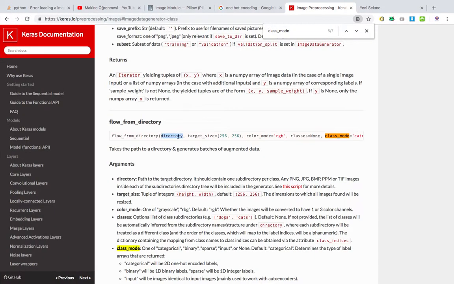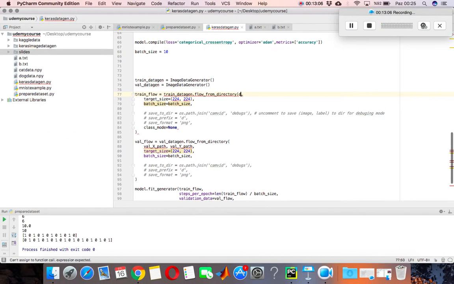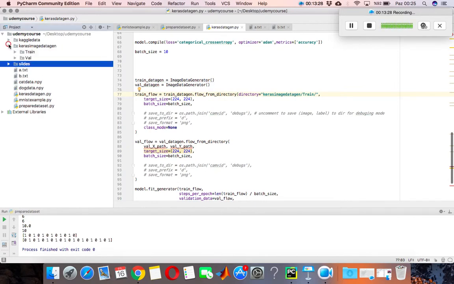We need to write the directory. To do that, let's say that our directory is Keras image data generator slash, we are now determining the train data gen from train, and this is all you can do,